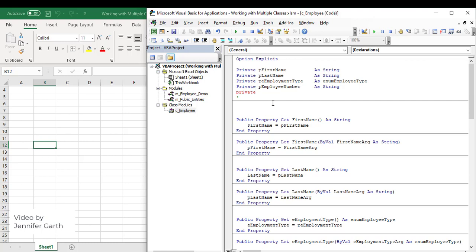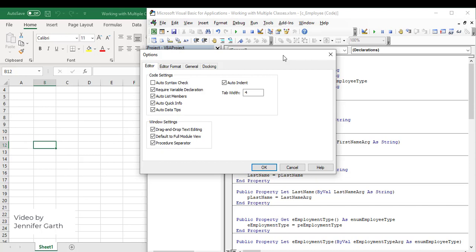bane of my existence for a long time until I figured it out. Somebody else told me about this. You see how I typed this and then I decided I wanted to do something else, and I moved away from it and it turned red. And maybe what you're getting is a pop-up window that you have to close, and it just bugs the heck out of you. So the way you can get rid of that is if you go into Tools and Options,